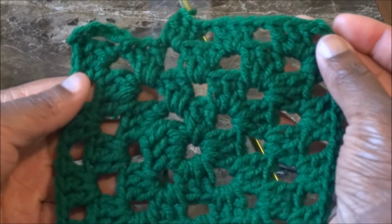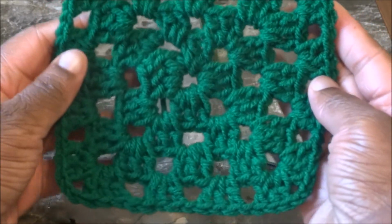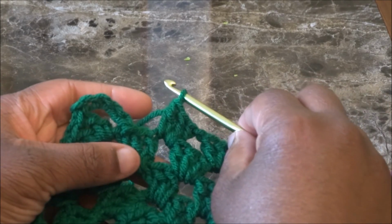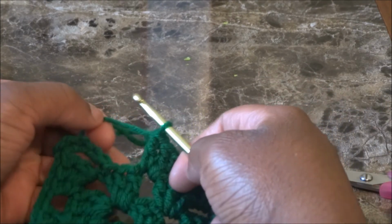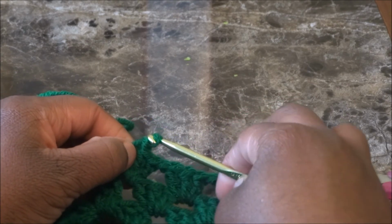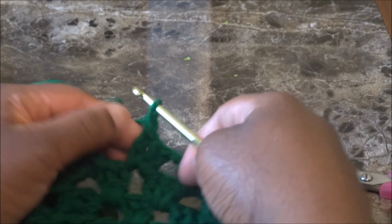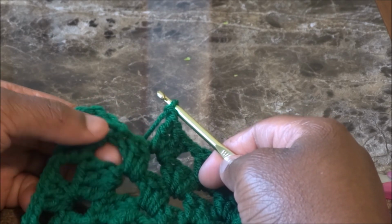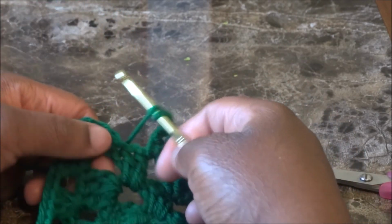Okay, so now we are at the end of row 4, where we will stop for today. You can continue if you like, if you've gotten the pattern down pat. So again, you chain 1, and you're going to double crochet into that space,